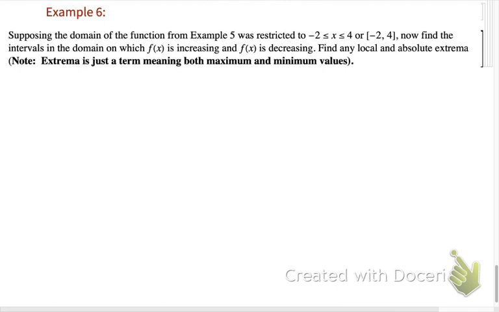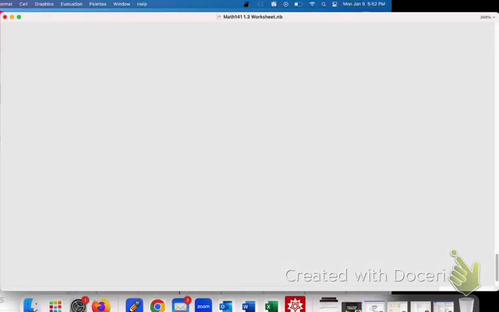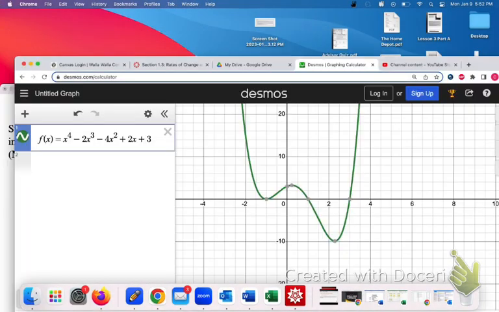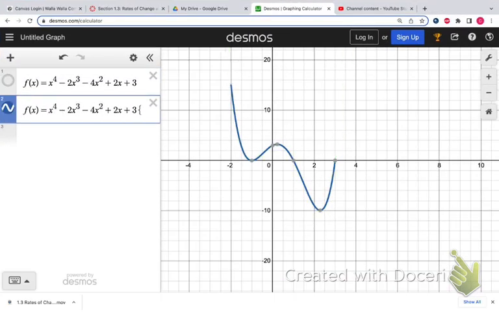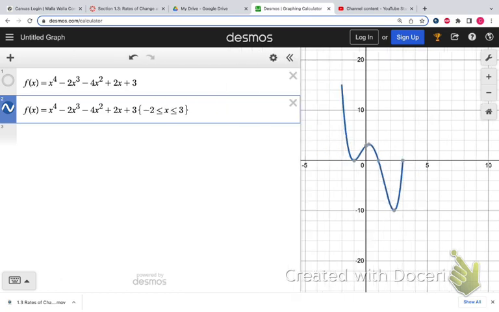Let's go to Desmos again. Okay, so here we are. We got our Desmos graph and calculator. Now, I've already entered in the command. If you look at my second entry here, I've just typed in the same function, but in curly braces, I've typed in,